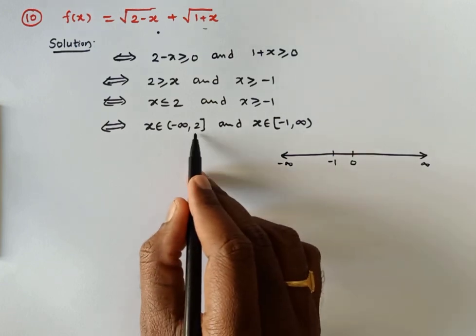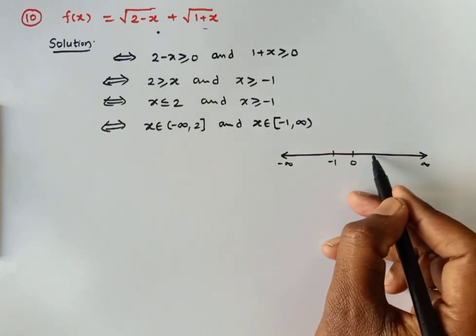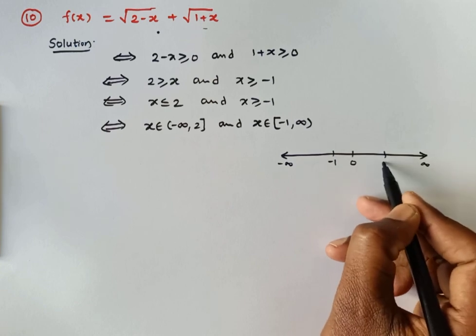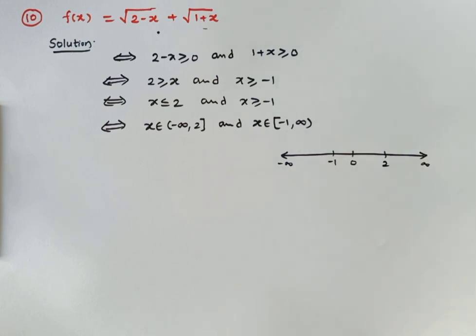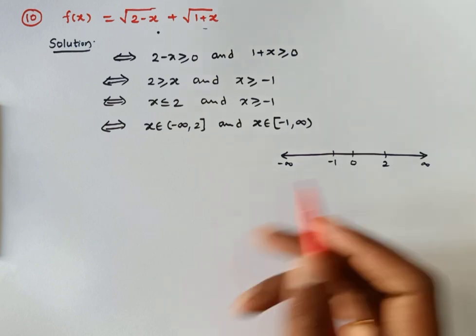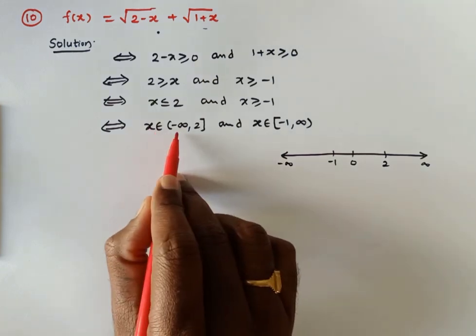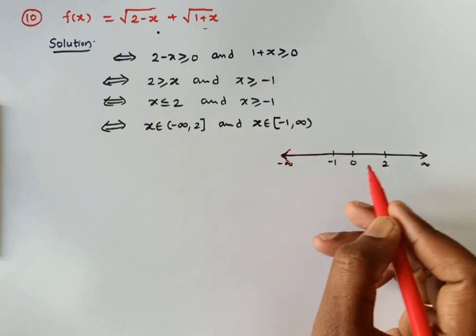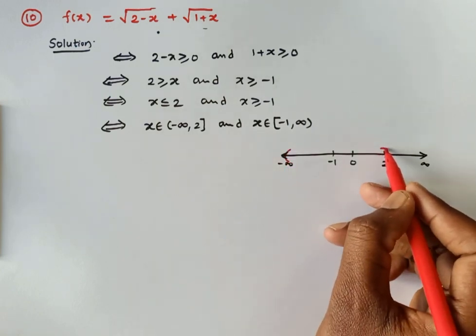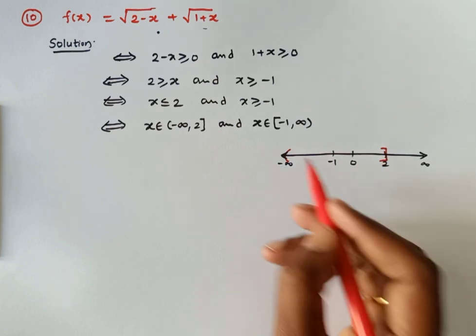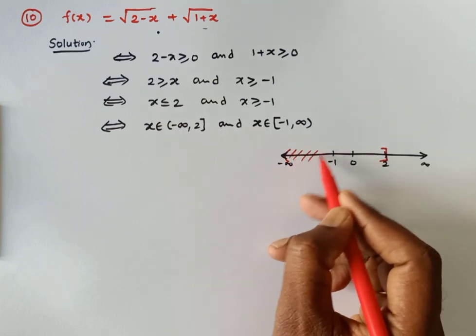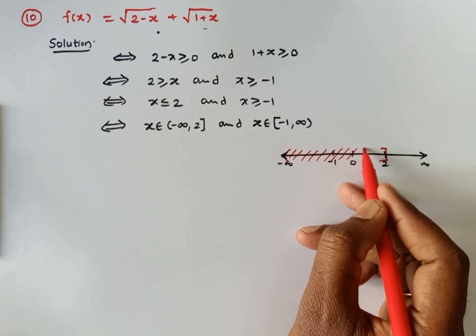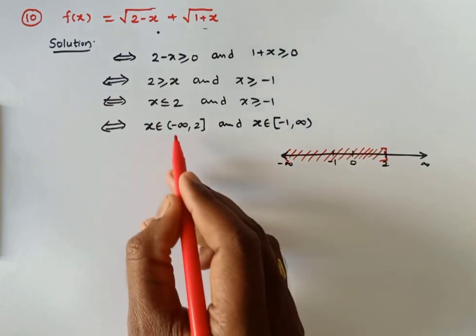And next in this interval the known value is 2, right? So let it be here 2, and this may be 1 and 2. Now identify the intervals on this real line. So the first interval is -infinity to 2. It means it starts at an unknown negative value and ends with 2, right? So just identify these values on the real line. So this is the region for this set.